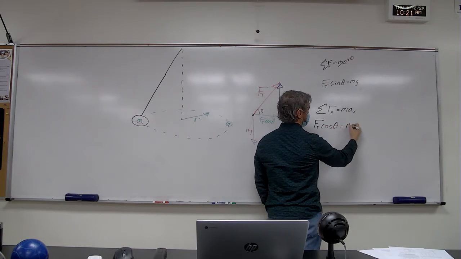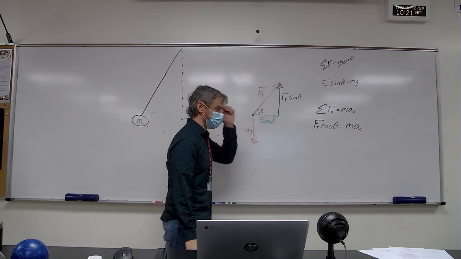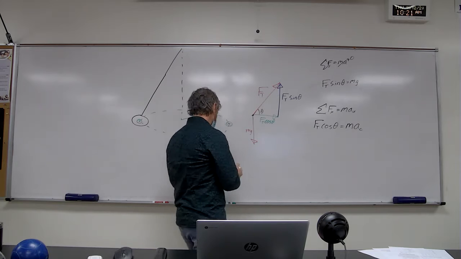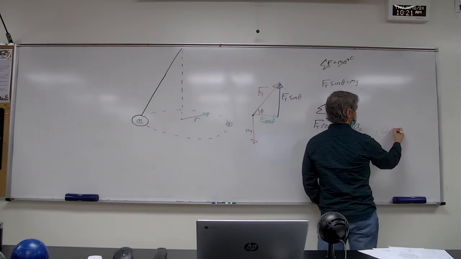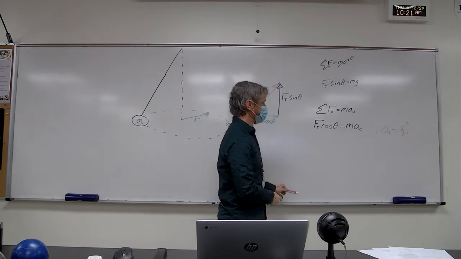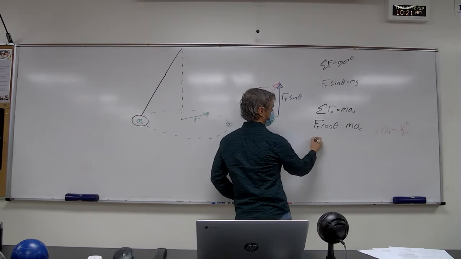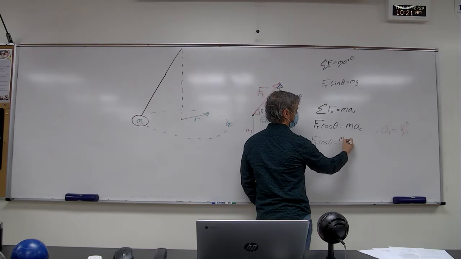And that's going to be mass times the acceleration in the x direction, which is actually a centripetal acceleration. And we proved the other day that the centripetal acceleration is simply v squared over the radius. So if I wanted to take this out even more, I could say F_T cosine theta equals m v squared